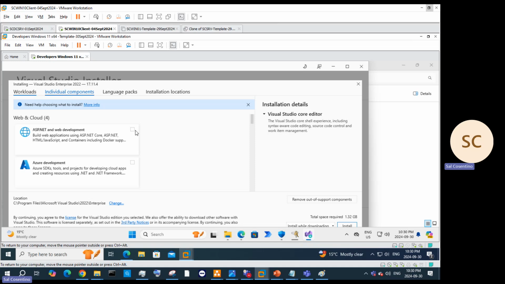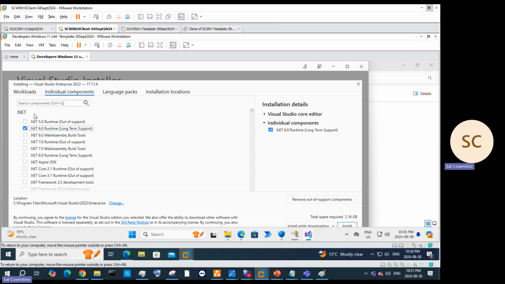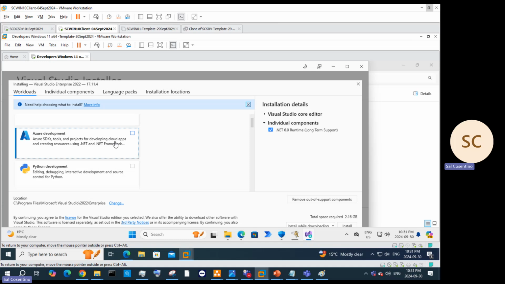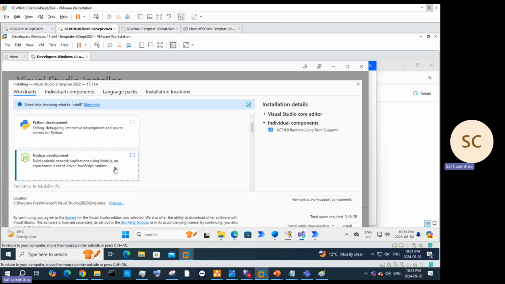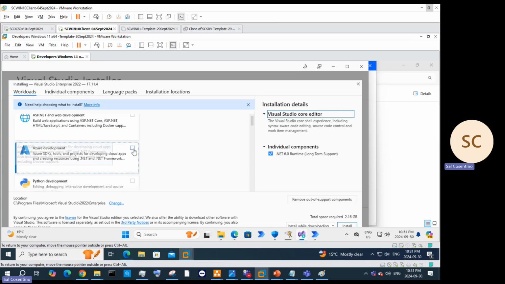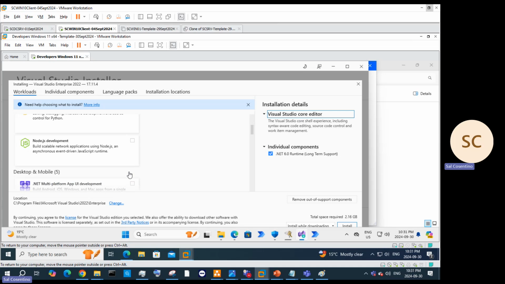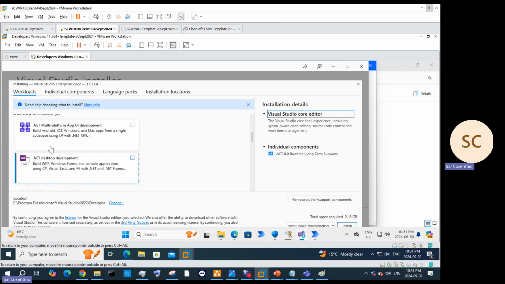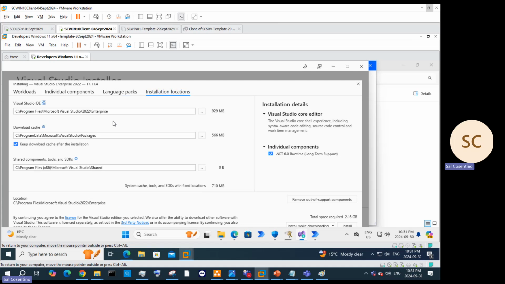And again, we can install any runtime workload. These are the different workloads that we can install. We can uninstall the .NET runtime, Azure development SDK, Python, .NET multi-platform app UI, different language packs, and